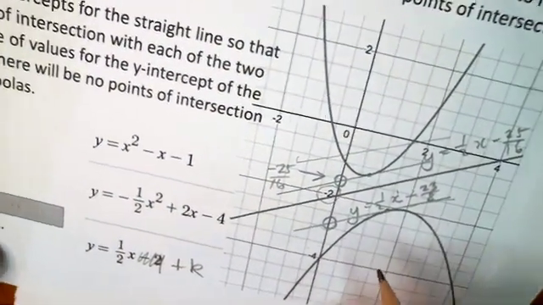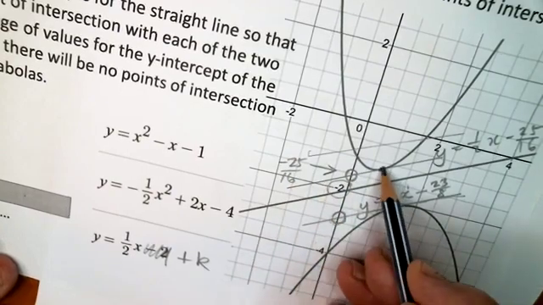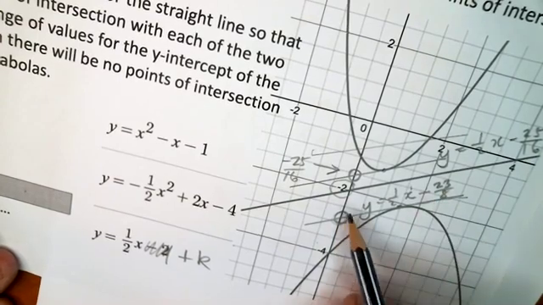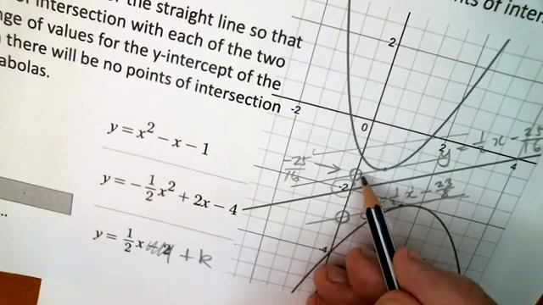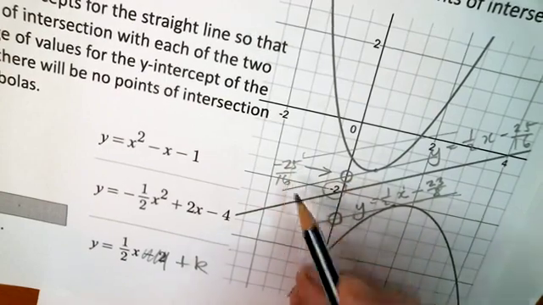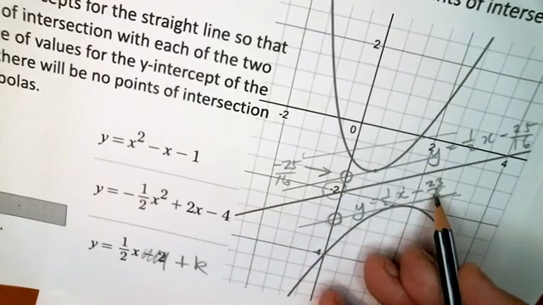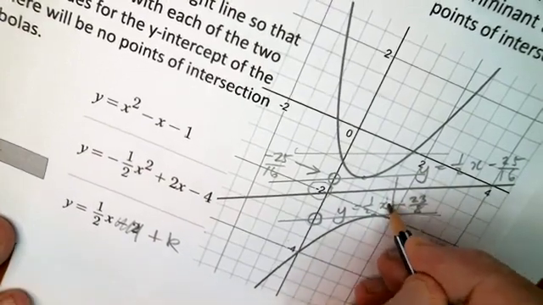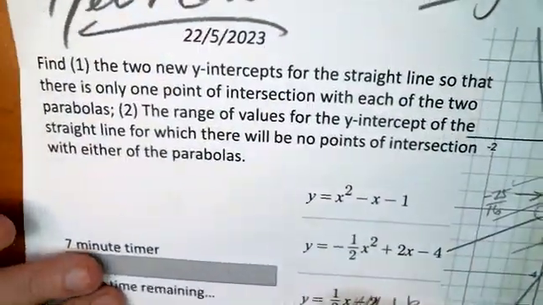So we've already found this point here, which is negative 25 on 16, for which there is a point. We've also found this point here, which is negative 23 on 8, for which there is a point of intersection. So if this point here was going to be less than negative 25 over 16, or this point here was going to be greater than negative 23 on 8, we would have a range of values between here and here for which there were no points of intersection. So what we need to state is that